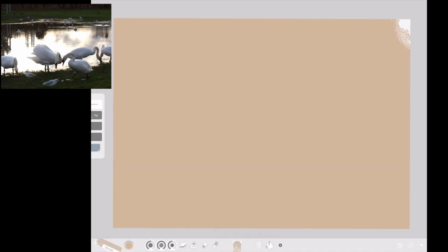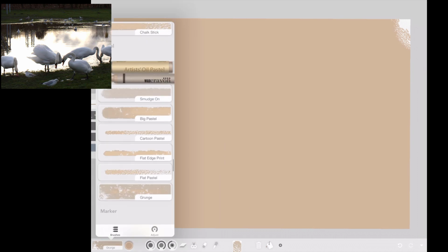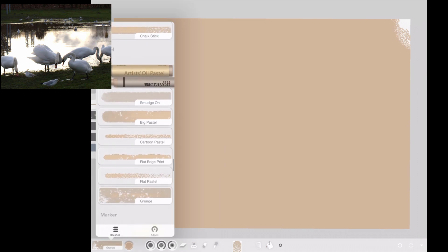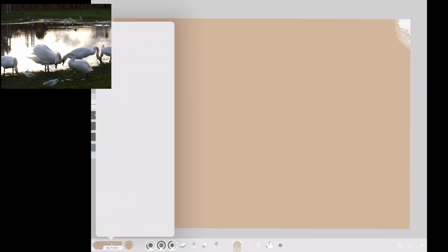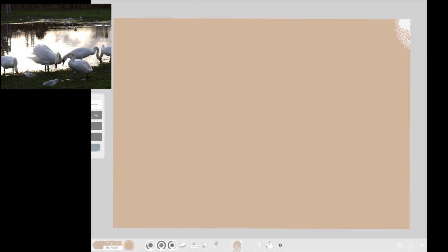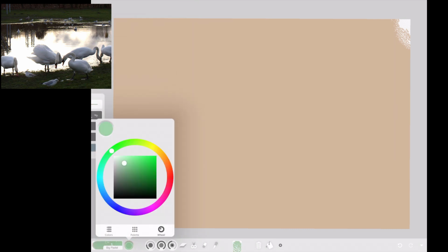Change the layer, so I'm not going to work on that. It's interesting that it didn't fill the top right hand corner. I must have coloured that in some way with a marker pen, and I am using pastel brushes. Now, there's two sets of brushes in Artset Pro. There's pastel brushes and there are chalk brushes. And I went to pastels